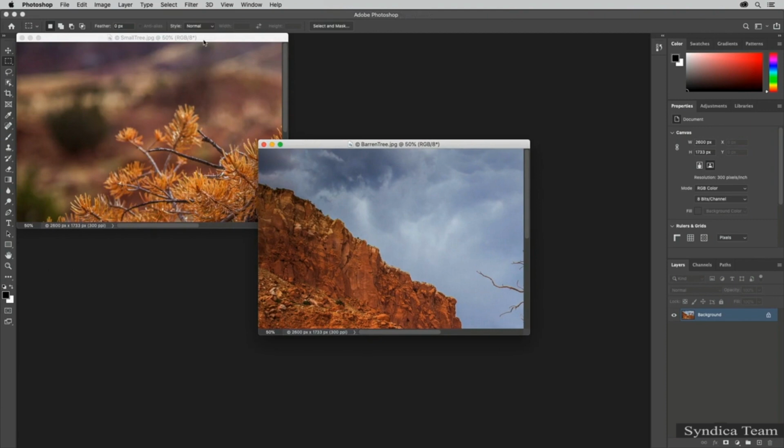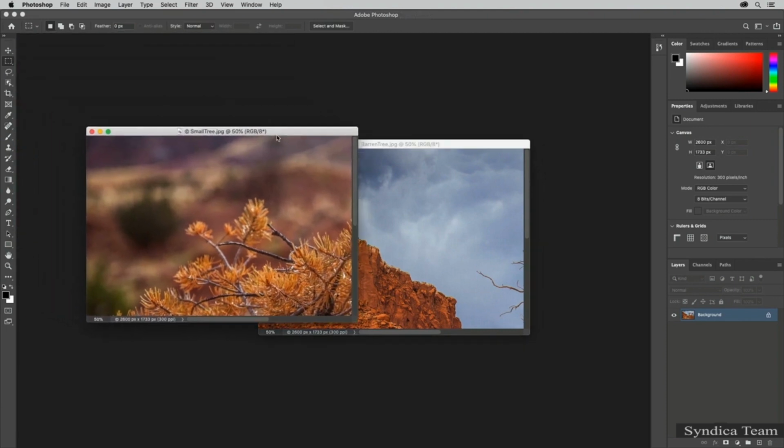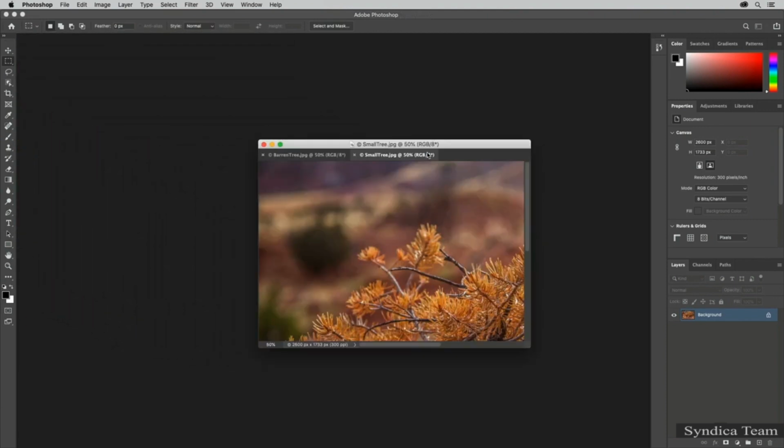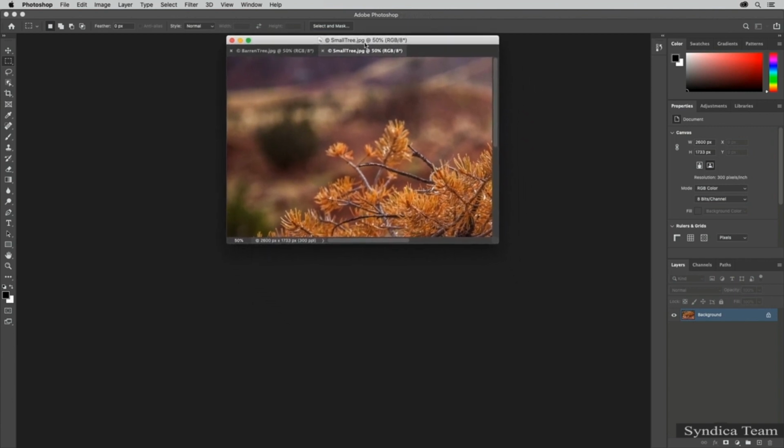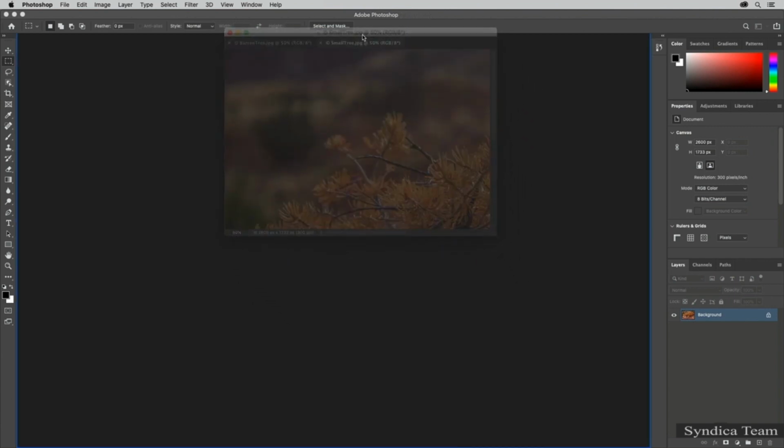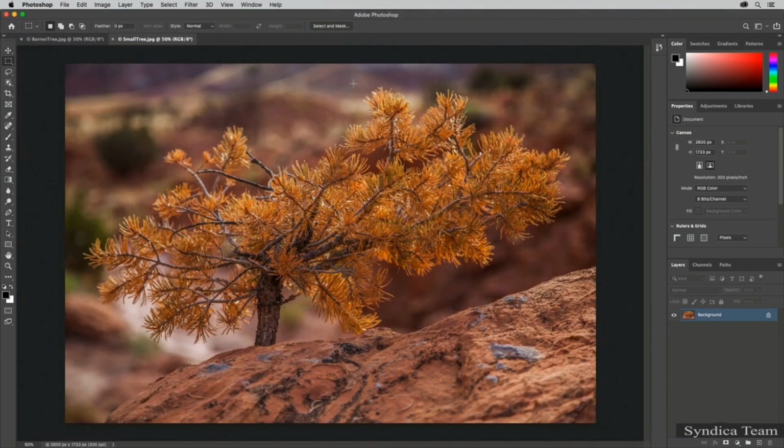If I want to group two floating documents together, I can just drag and drop one on top of the other. It hasn't combined them in the Layers panel. They're both still separate documents. They're just in this single floating window. If I want to redock these two images, I can also just drag until I see the cyan outline around the image preview area and release my cursor.